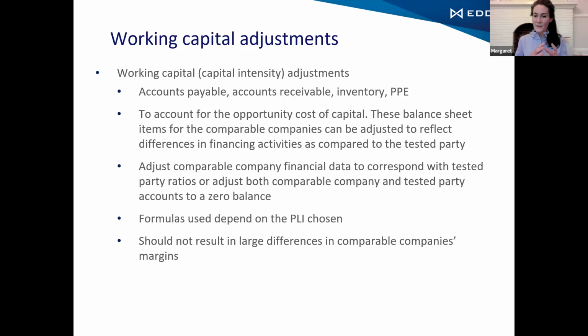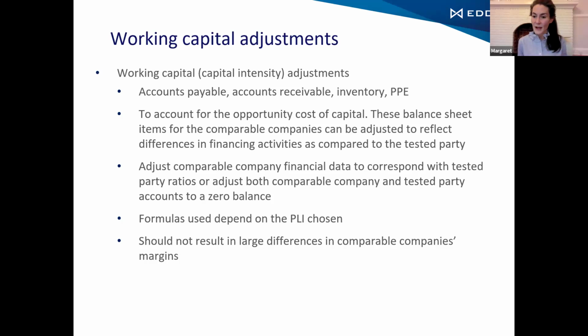There are some adjustments that are expected, some adjustments that you see with almost any analysis, and then some are more tailored and only appropriate for some projects, given the facts and circumstances. Working capital adjustments are the adjustments that you see for almost any analysis. And when I say any analysis, I mean a TNMM analysis.